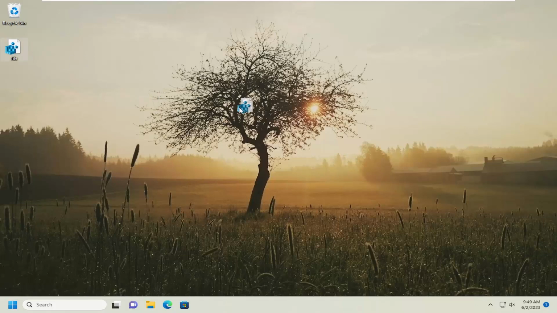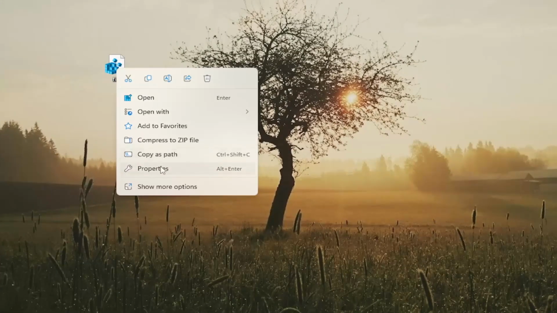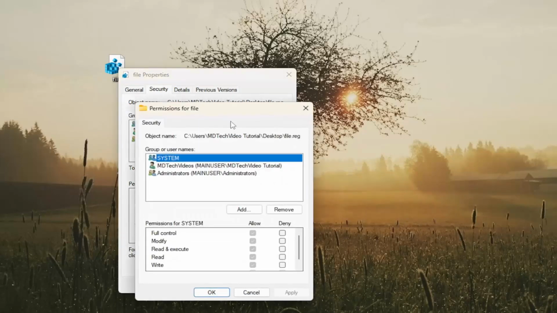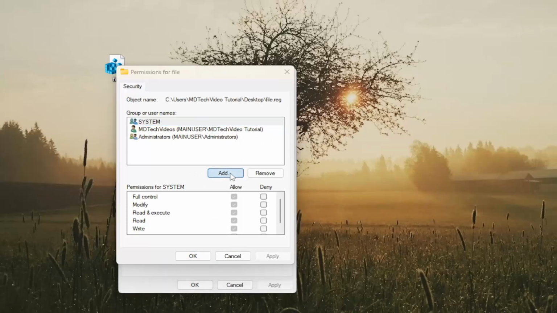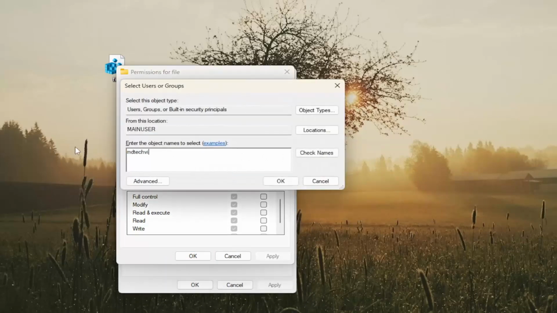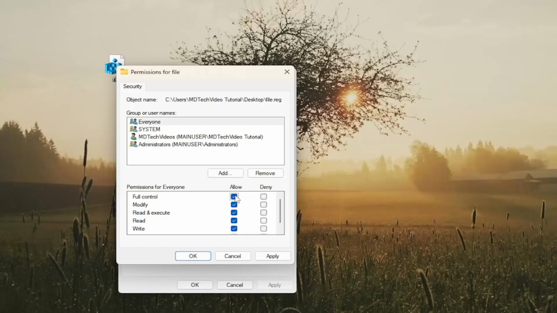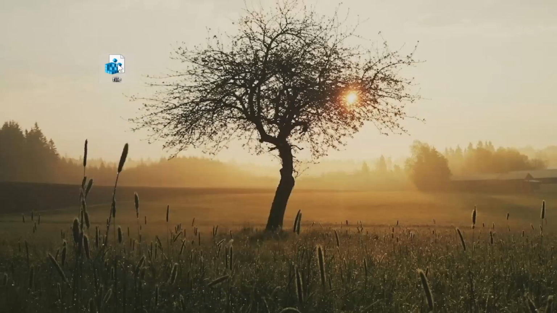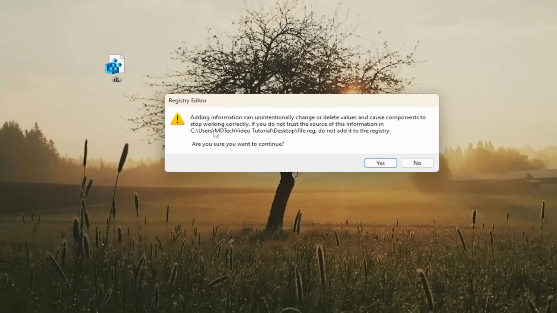One final thing you can try as well would be, if you have the file itself, right click on it, and you want to select where it says Properties, select the Security tab, where it says to change permissions, click Edit, go ahead and select the Edit button, select Add. You can either type in your username here, or you can type in everyone, and then you would select Check Names, and then select OK. Select Full Control, so click the little check mark underneath Allow and Full Control, and select Apply and OK. OK again, and then you can attempt to add that registry value to the registry here,